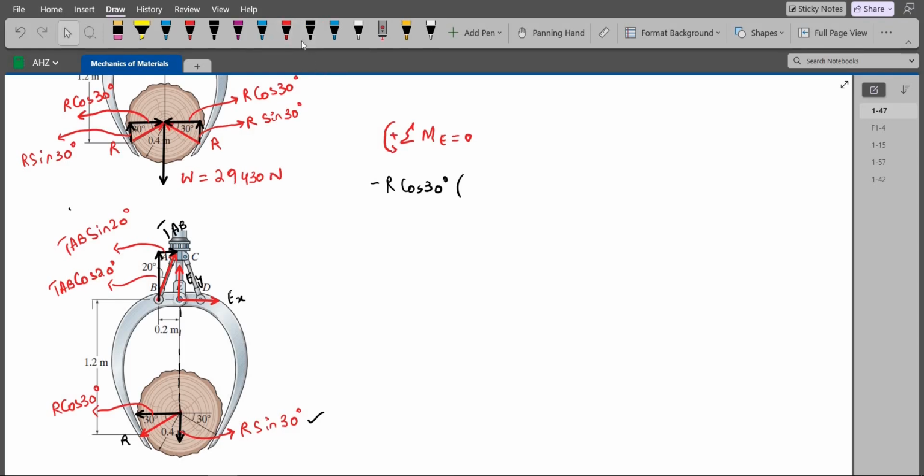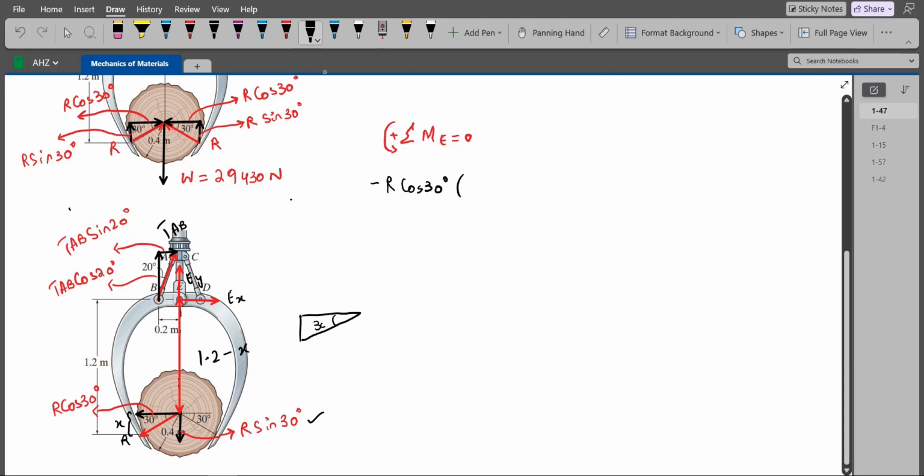And the moment arm is this perpendicular distance. Let me draw it. The moment arm can be found by subtracting 1.2 from this vertical distance. Let's call this x. So if we consider this triangle,